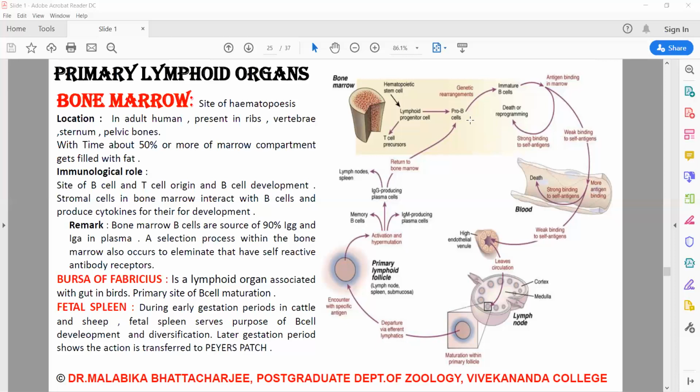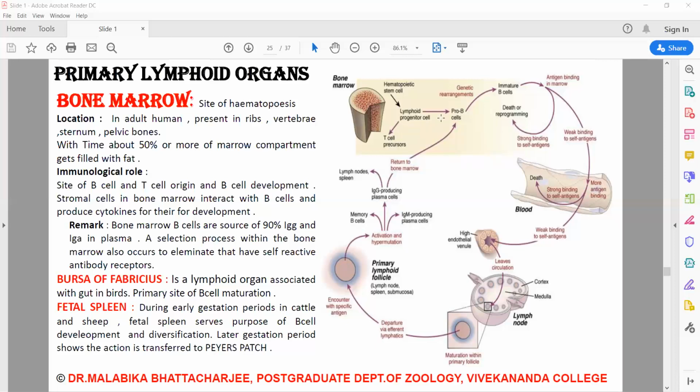If you remember my earlier class on thymus, I had said that when the lymphocytes with the CD44 receptor reach the thymus through the high endothelial venules, they move towards the cortical region. At that time, they are not yet committed to the T cell lineage. The moment IL-7 is expressed by the nurse cells, the T lymphocytes get committed to the T cell lineage. So from the bone marrow, the T cells move towards the thymus.